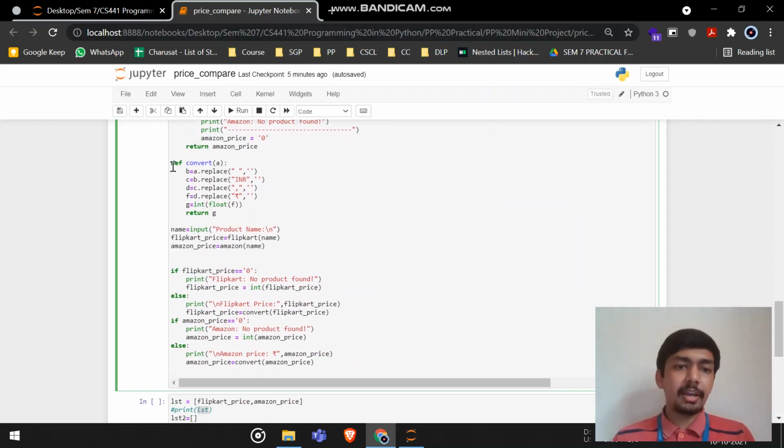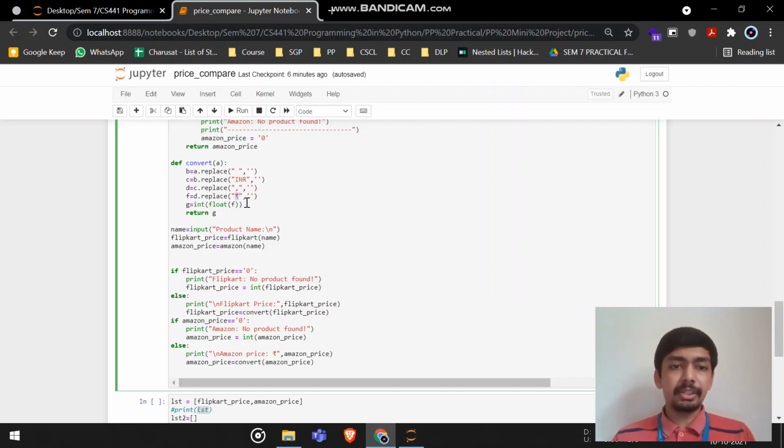Again I have created one function named convert. In this function I have replaced the rupee symbol or INR symbol with a blank space, because Amazon has a rupee symbol considered as a symbol, and in Flipkart the rupee symbol is considered as text.